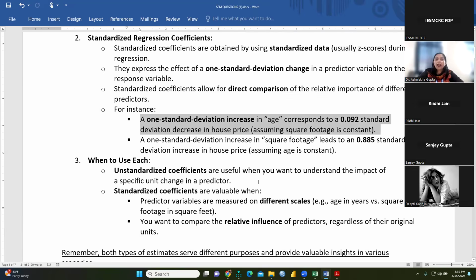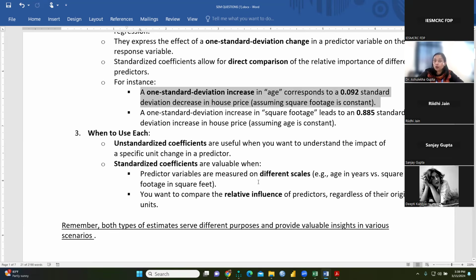And again, when to use each: unstandardized coefficient and standardized coefficient. Unstandardized coefficients are useful when you want to understand the impact of a specific unit change in a predictor. But standardized coefficients are much more valuable, which is why we report only standardized coefficients in our research paper rather than unstandardized coefficients. Predictor variables may be measured on different scales, like age in years versus